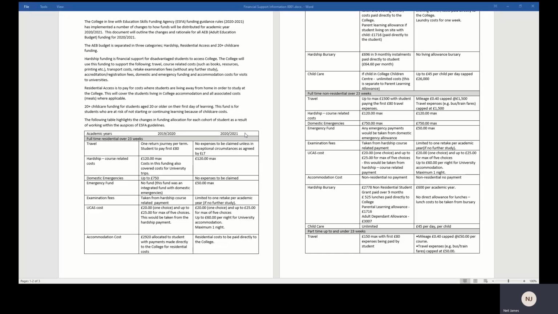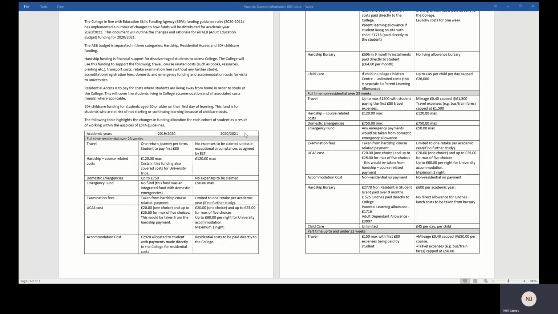So the courses are really important. If they're on a full-time or substantial funded course of 5 hours or above, and it's an SFA funded course, they can apply for the AEB funding, and if it's on an approved advanced learner loan, they can apply for the ALLB funding. If they're on a short course, they can also apply for short course funding, which, as I will show you, is much more limited, but there is a pot of money available